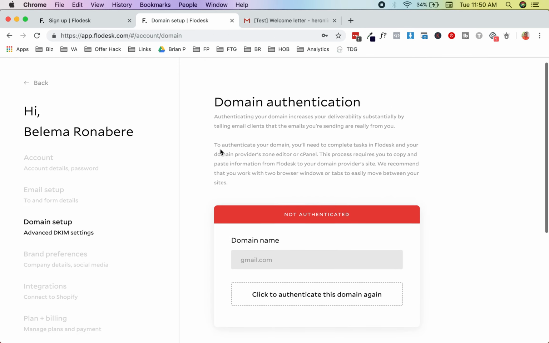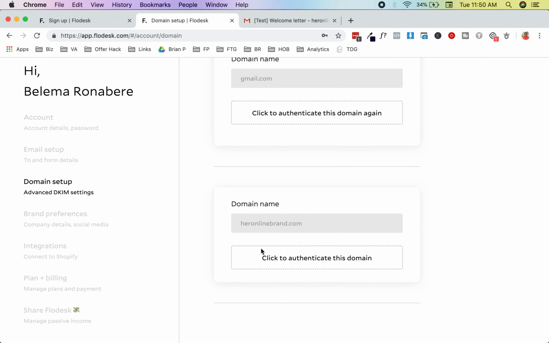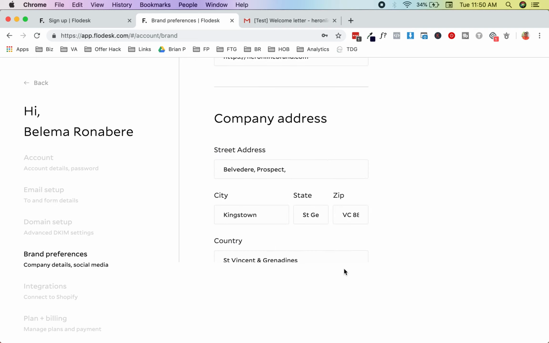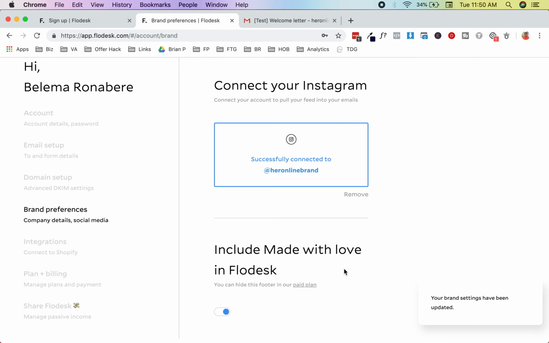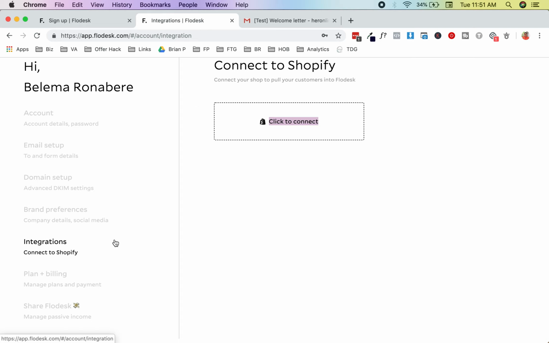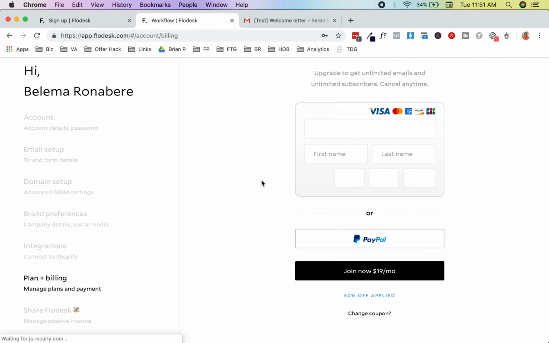You can also add DKIM to authenticate your domain. That will increase your deliverability. I can add some other info here, company address, social media links. Okay, integration. So right now the only integration they have is Shopify integration, and I'm going to go to plans. They have